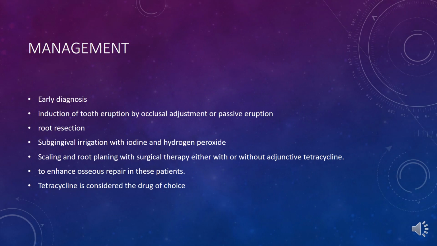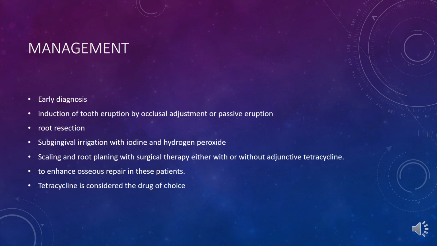Last is the management. Early diagnosis, directing therapy against the infecting microorganisms, and providing an environment for healing that is free of infection are the key factors in successful treatment of aggressive periodontitis. A variety of treatment approaches to aggressive periodontitis have been reported, including induction of tooth eruption by occlusal adjustment or passive eruption, root resection, subgingival irrigation with iodine and hydrogen peroxide,